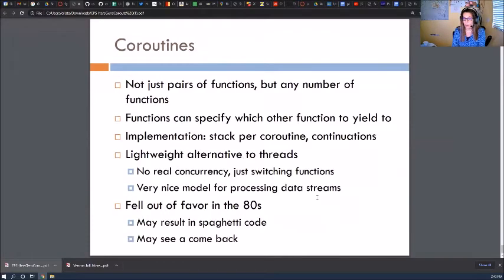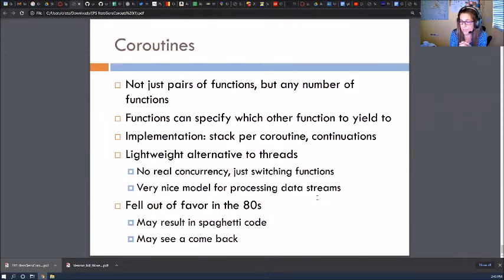They are not just pairs of functions, it could be any number of functions. I just show you two, but it could be more than two. It could be a collection of functions that are all coroutining together. Functions can specify which other functions to yield to. I didn't show you that, but that's also valid.